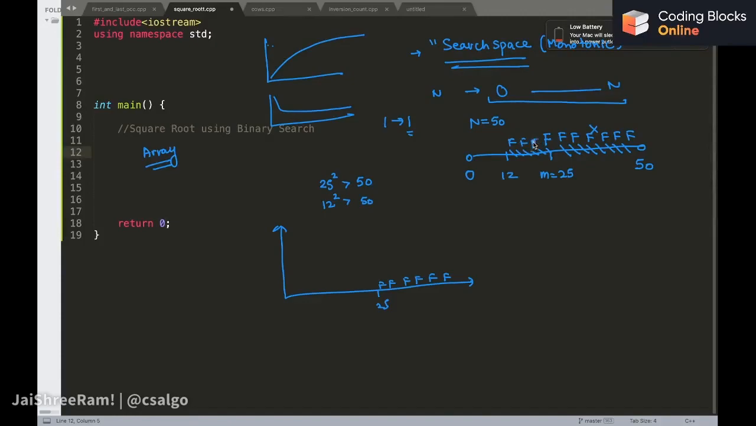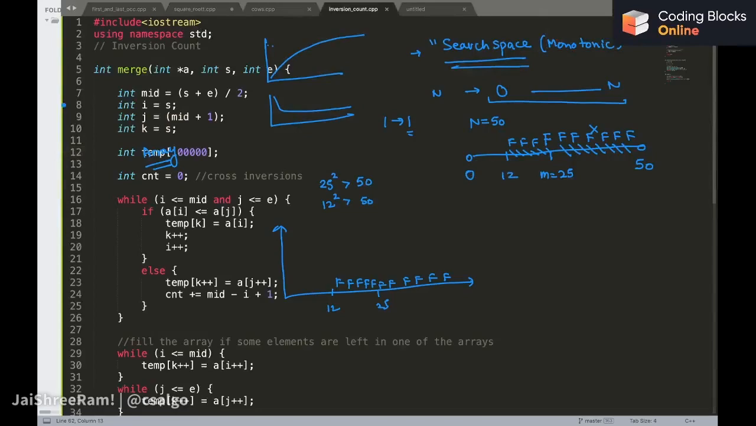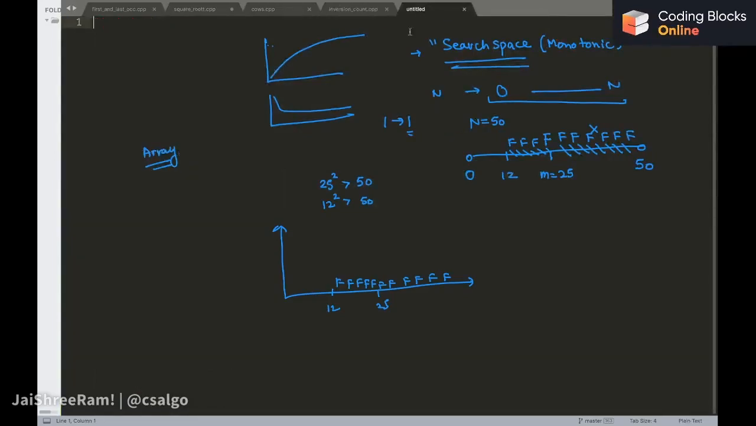Okay, so we put everything as false here. Okay, so this part of the array is discarded. So I actually need that value where I will get a true. So I have this range now, 0 to 12. Okay, so I have this part of the array that is now 0 to 12, and I will find out